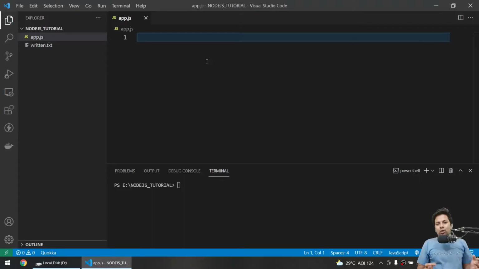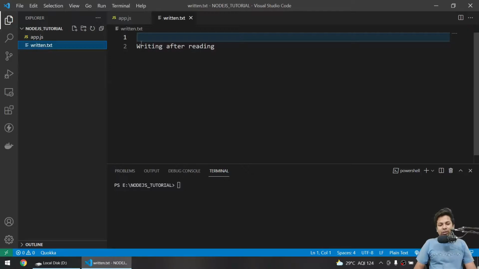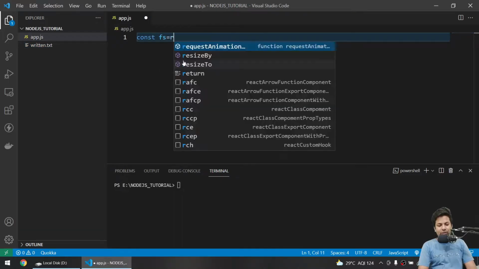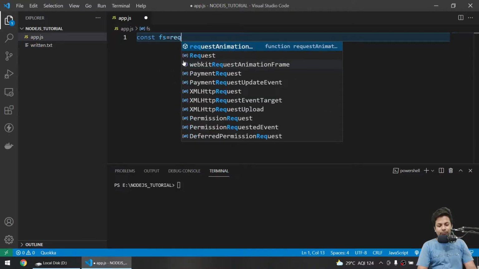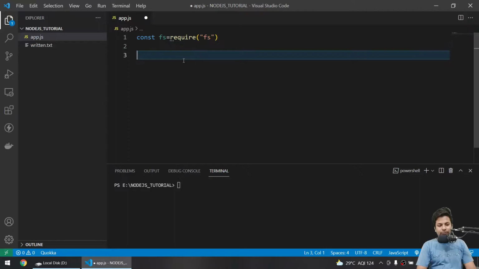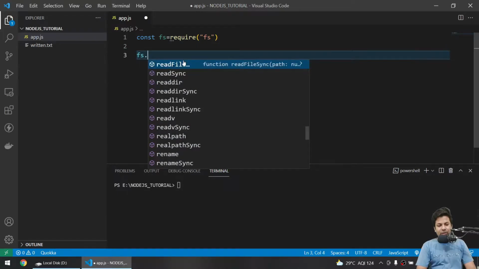Okay guys, now in this part we'll see some advanced concepts of the file system, with the help of which we can do a lot more stuff. Suppose this is the previous file we were using and it's called written.txt. Now we'll again say const fs equals require fs. Now we'll use fs dot